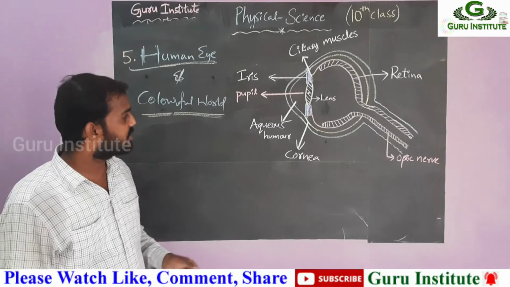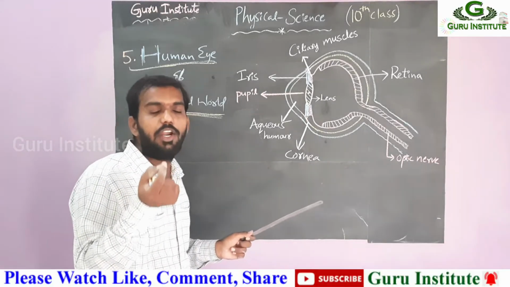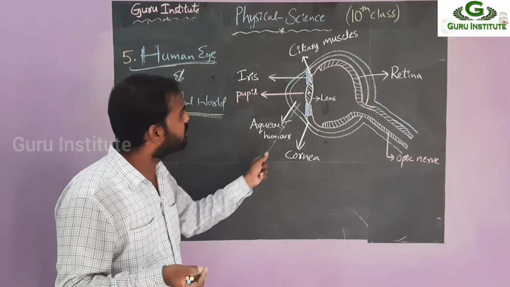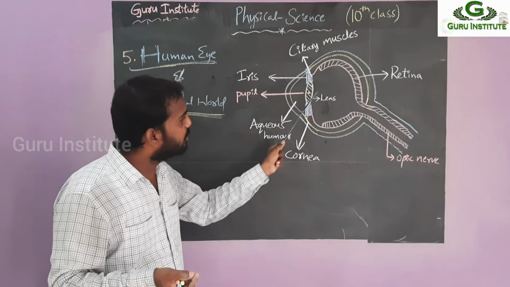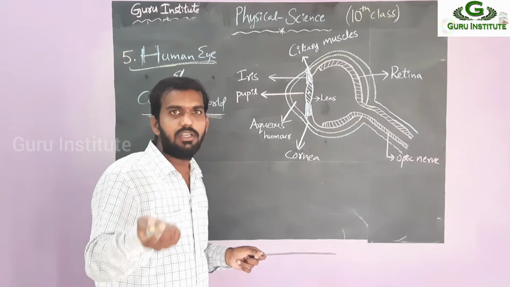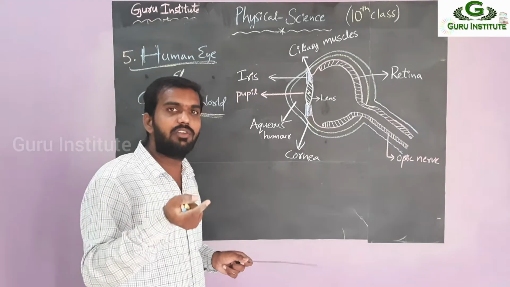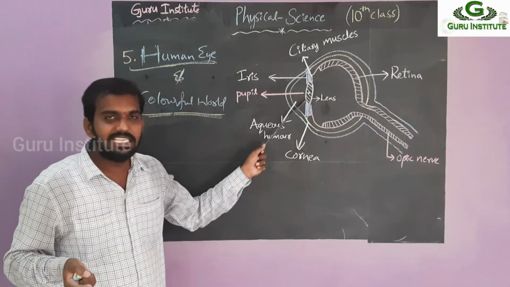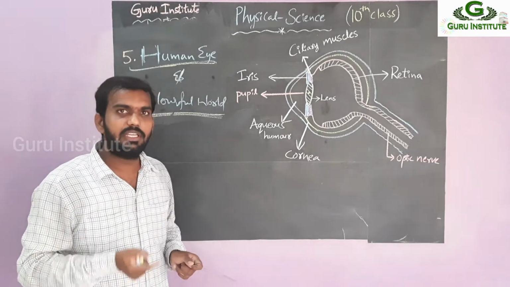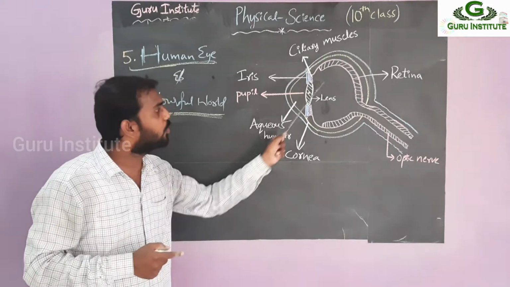So this is about our eye structure and the aqueous humor. That means eye drops, tears. So the aqueous humor is present between the lens and the cornea. Whenever any attack is there from the atmosphere, whenever a dust particle enters our eye, to clean it, aqueous humor is immediately released and it will clean the lens. Then we can see the clear image and our eye lens will be protected by the aqueous humor. The duty of the aqueous humor is to protect the eye lens.